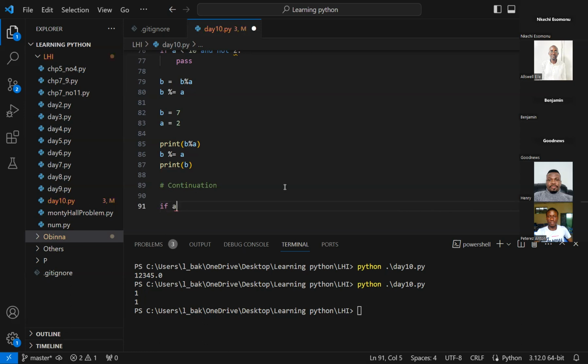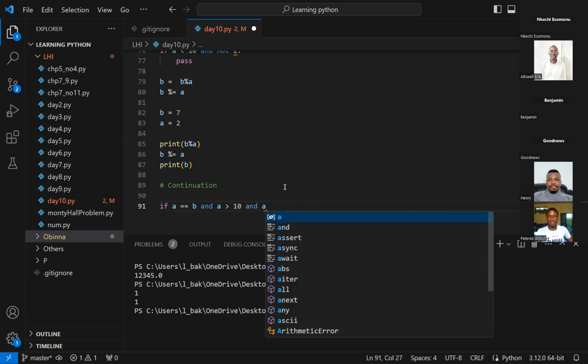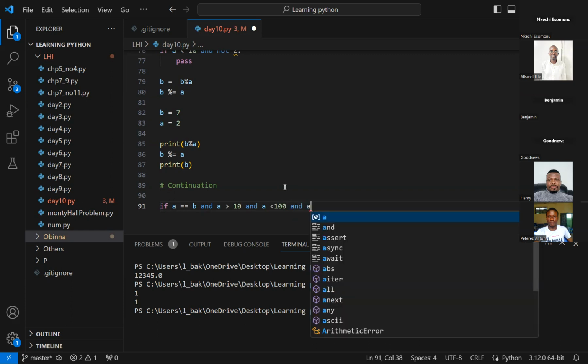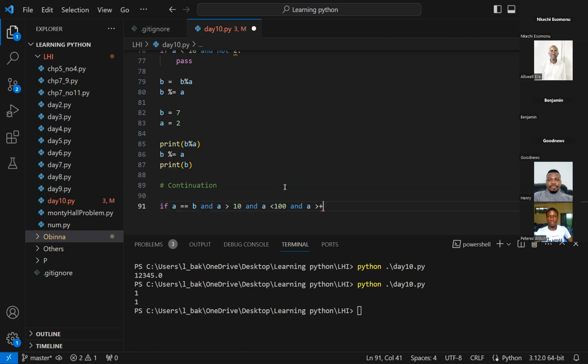You can say if A equal to B and A greater than 10 and A is less than, this might not necessarily be correct, I'm just throwing in things there, and A is greater than or equal to B. I'm just trying to achieve something here, okay? These are not necessarily true. But what I'm trying to bring out is